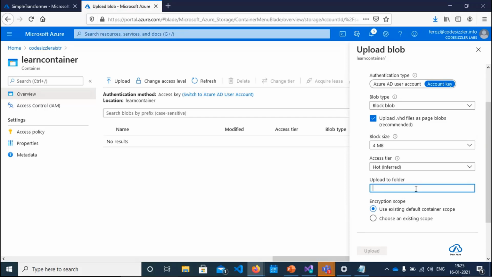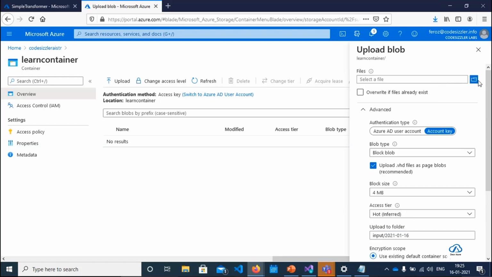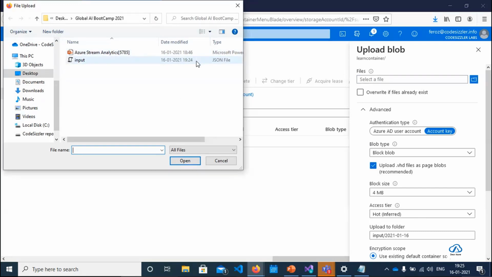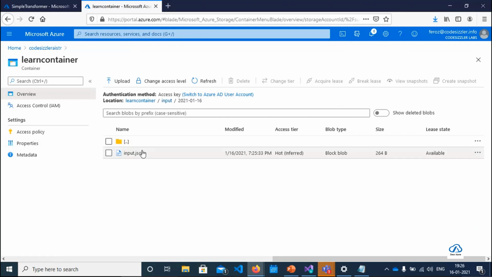So you say upload to folder and let's name it input slash 2021 1 and it's 16 Jan, right? So let's name it here. And now I can try uploading the block and the input file. Let's say upload. I hope you can make sense. Here we have the input, and inside that we have a folder and we have the input JSON files which are available as well.